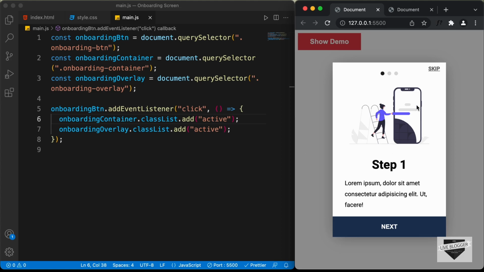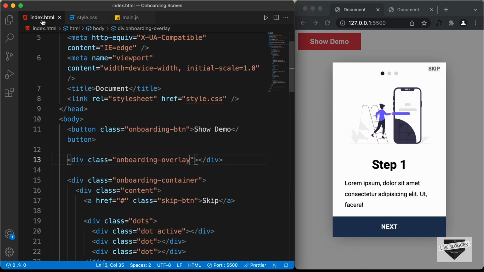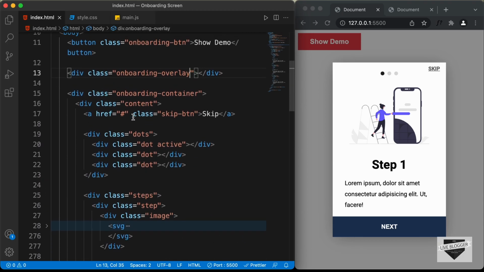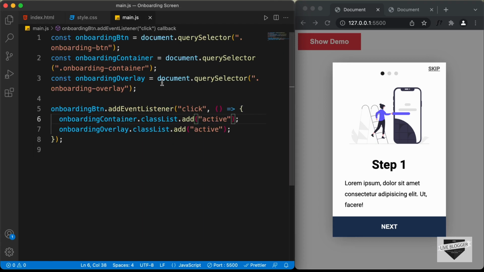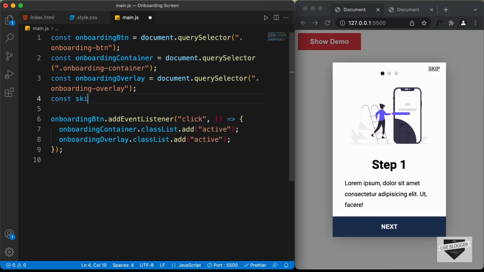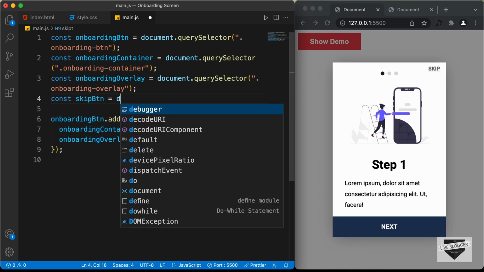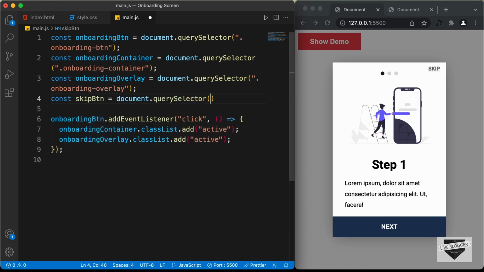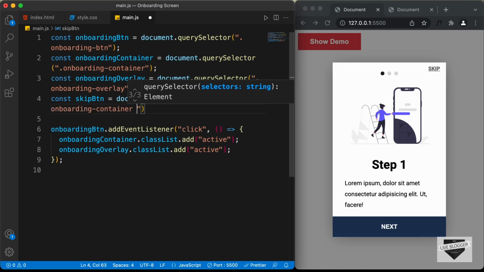Now the next thing we will do is when we click on the skip button, we want to hide this onboarding container. So let's reference the skip button. So for the skip button, we have this anchor tag with the class of skip btn. So let's target this. So here I'll just type const skip button equals document.querySelector onboarding container skip btn,